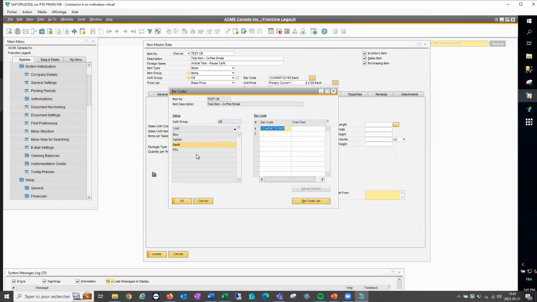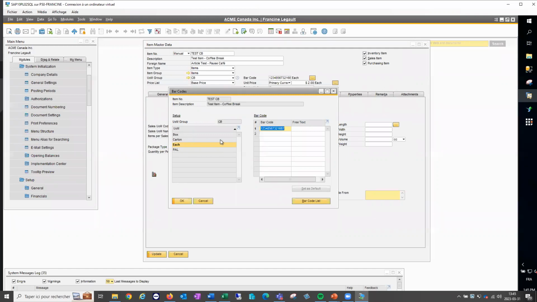This is very useful for different uses. If you are using GS1, you know that you have different barcodes for the unit, the box, the master box, the outer box, and things like that. So this is useful because you can tag them all according to their units of measure.